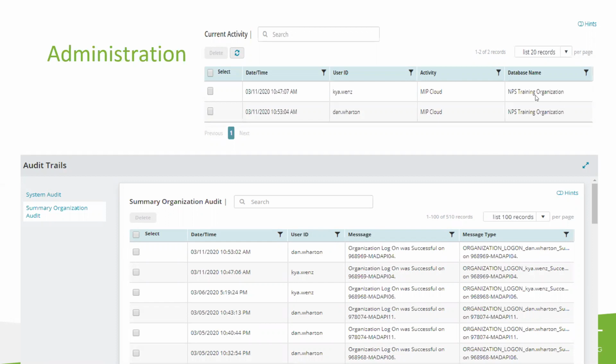And again, keep in mind, a database in this case is a particular area or function within MIP. It combs through each database to see if everything is in balance. So if the offset isn't correct, you'll get a check failure. If a distribution code didn't take, you'll get a failure there. So lots of checks and balances inside of the administration screen. Lots of great ways to automate things as well.